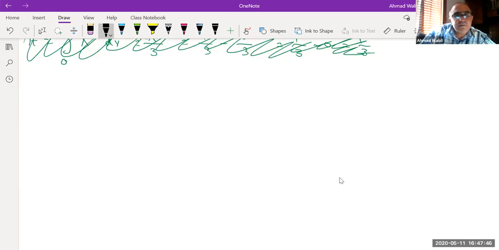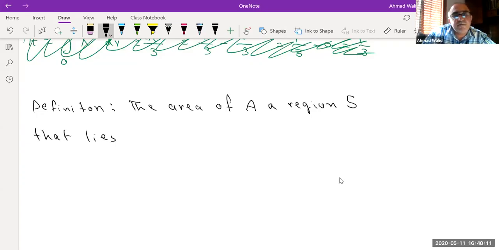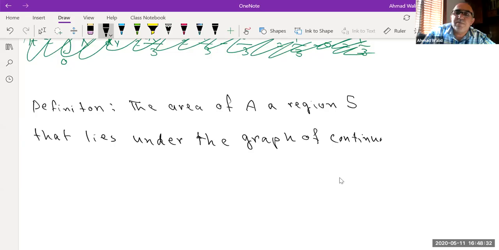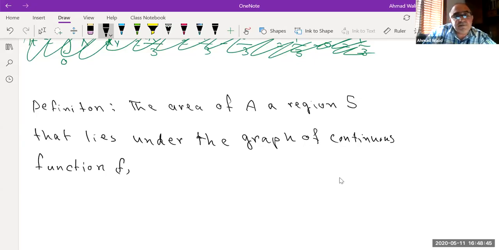The area A of a region S that lies under the graph of a continuous function, any continuous function, now name it f, is the limit of the sum